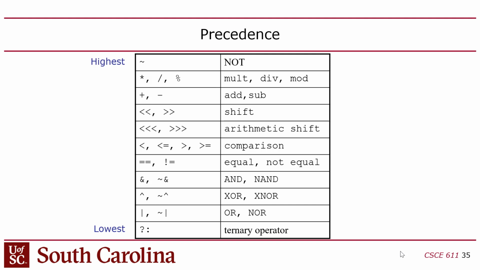Now, there is actually a way you can typecast a variable as signed, but by default, the logics are unsigned. And you might say, well, wait a minute, why have a left arithmetic shift? That makes no sense. It does if you shift by a negative amount, in which case the left shift becomes a right shift. But anyway, then we have comparison,